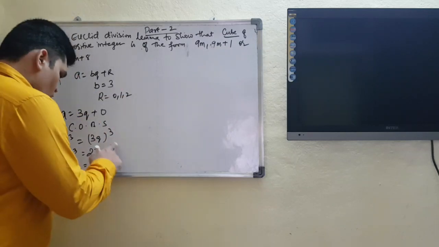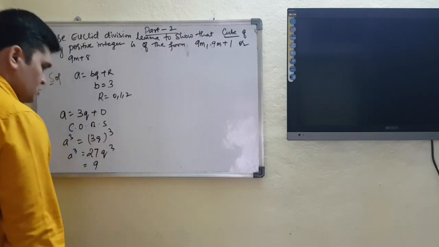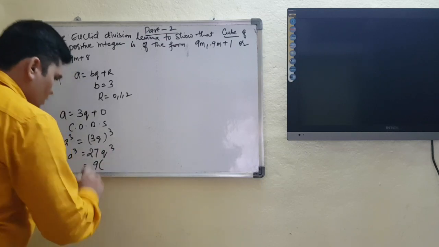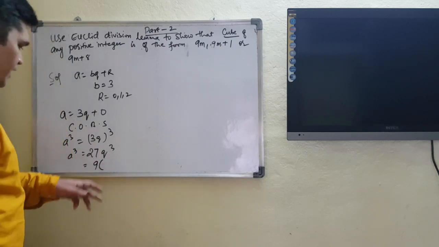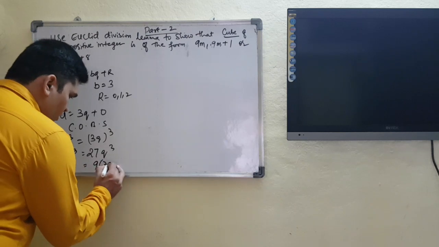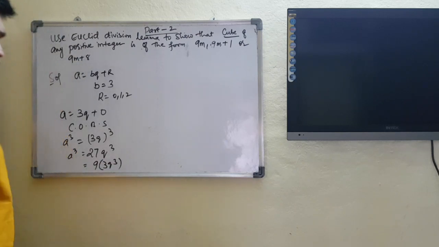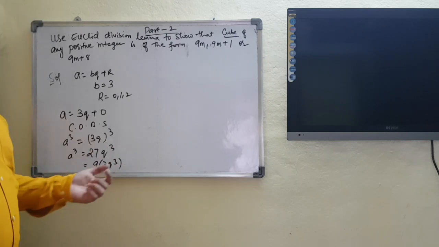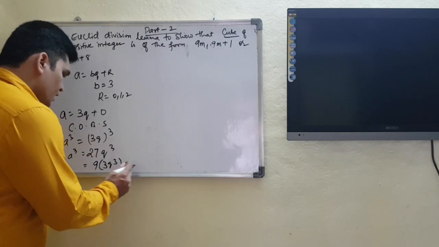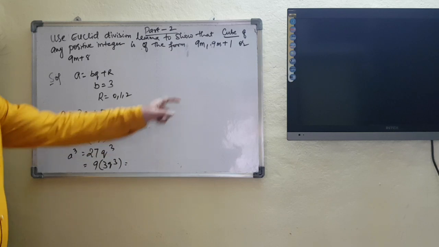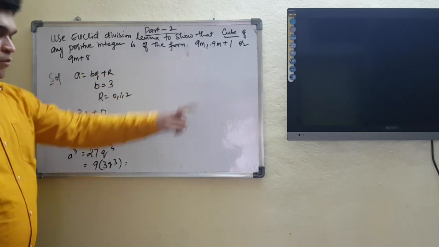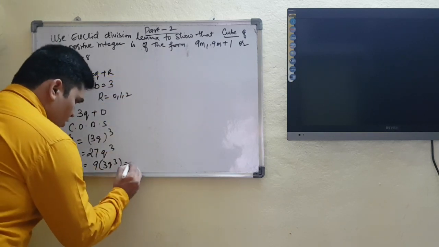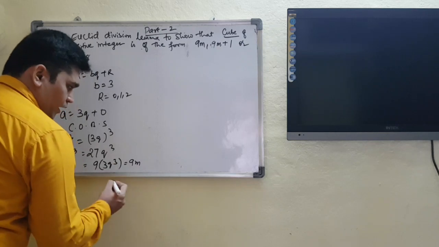That's the reason for this condition I am going to consider 9 as my common term. In the bracket term, what am I going to write? I am going to write 9, 3 is 27, so 9 bracket 3q cube is my term, where I said that we will be considering some integer. What do we have as integer right now? M. So I am going to consider it equal to 9m, right?